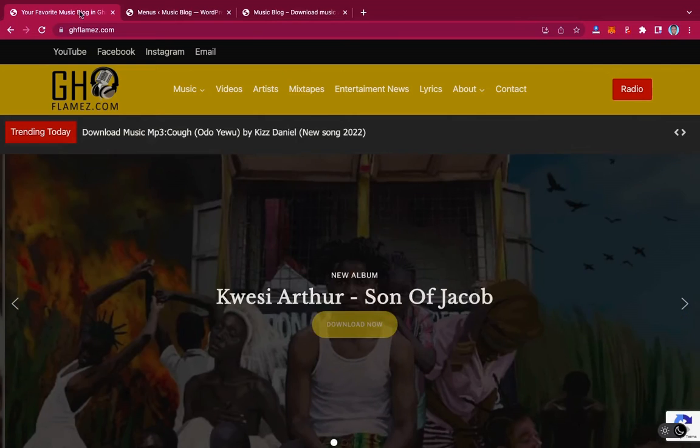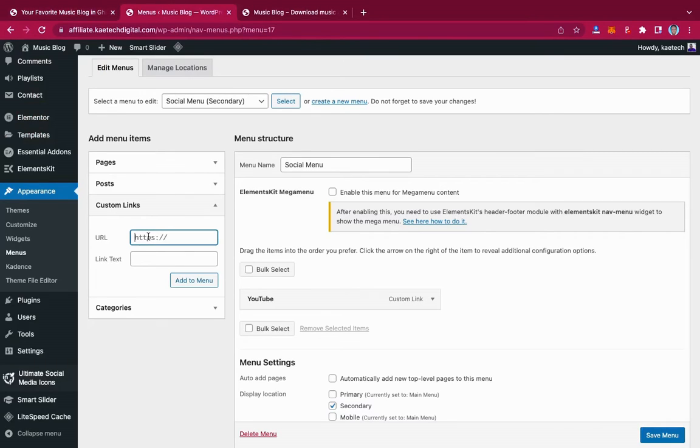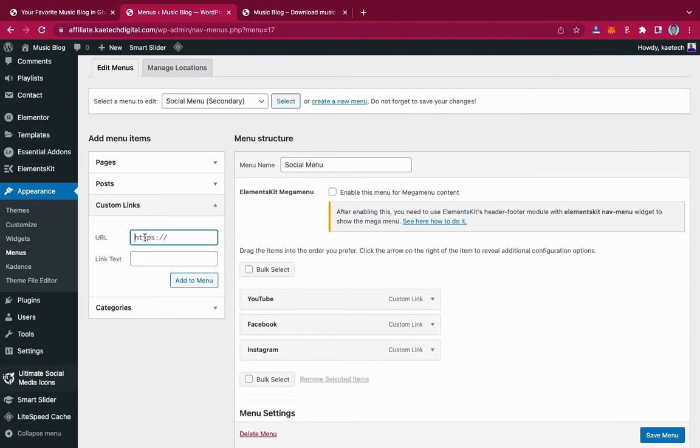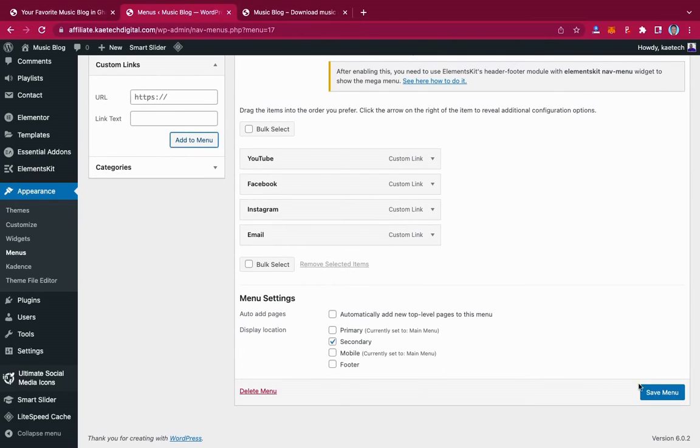The next one is Facebook. So make sure you bring your Facebook link over here, and then we write Facebook, that is the link test, and then Instagram. Okay, make sure that you bring your Instagram link, and then we write Instagram, and then the last one is Email. Okay, so make sure you bring in your email link over there, and then we're gonna have something like this. Okay, and then we're gonna click on